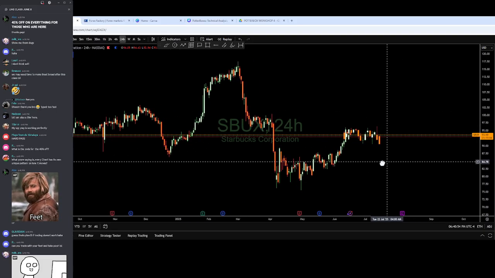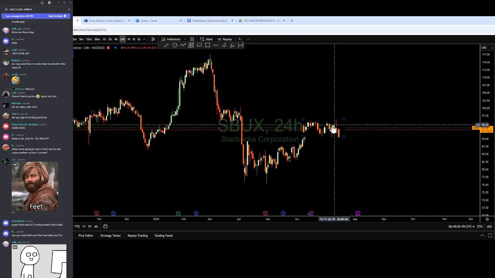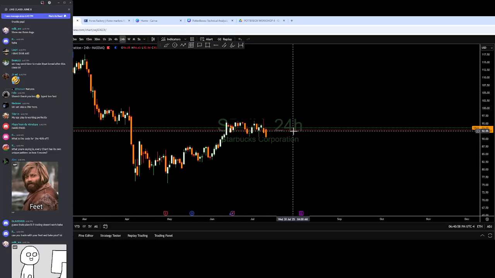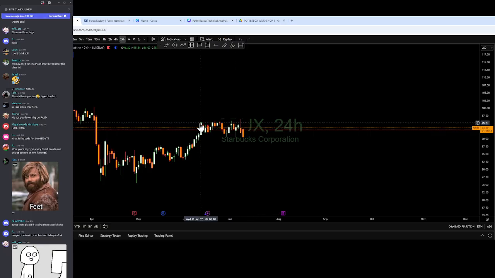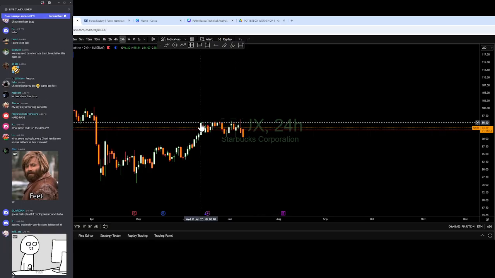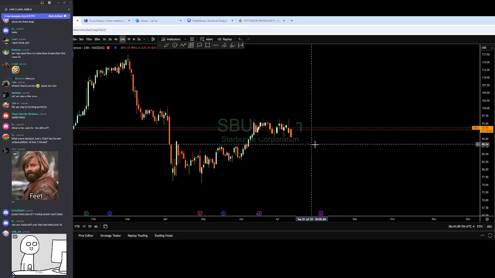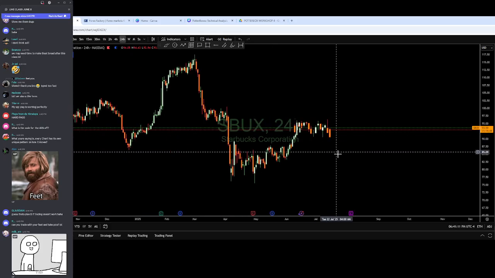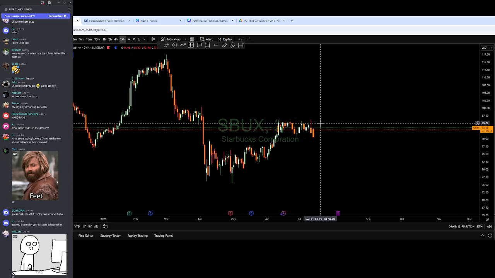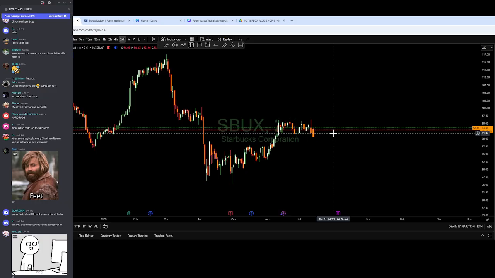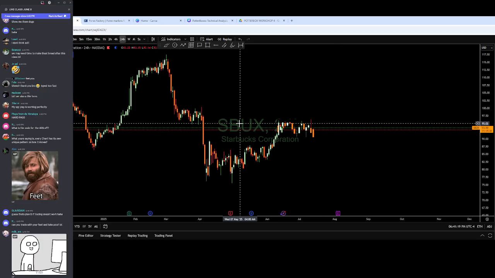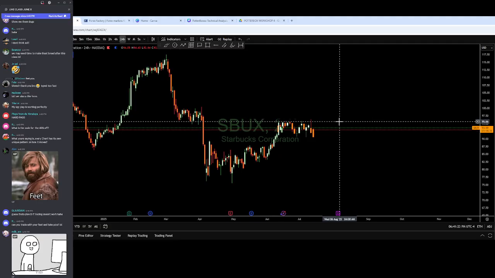But anyway, back to what I was saying. Doesn't this look a whole hell of a lot more realistic than just going immediately back up? Show up and do the work, it pays off. Looking at this, and I don't know why what I just drew looks so damn good, but seriously though, expansion, contraction. Once you got the expansion, you get out and you wait for the contraction.